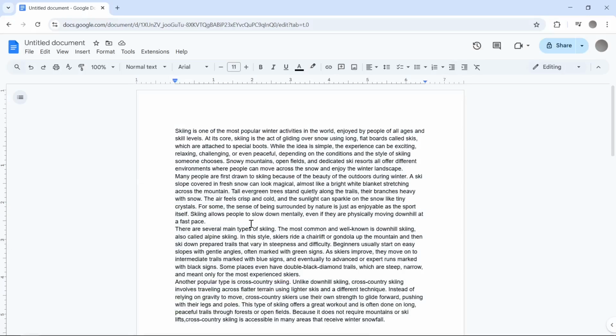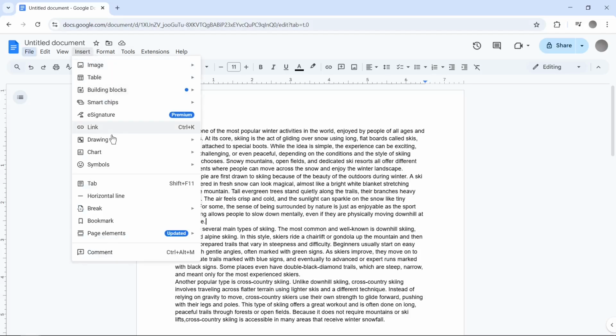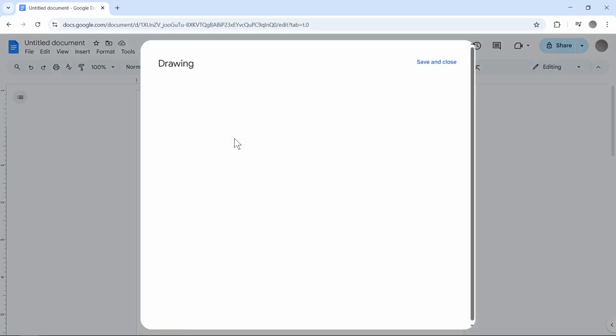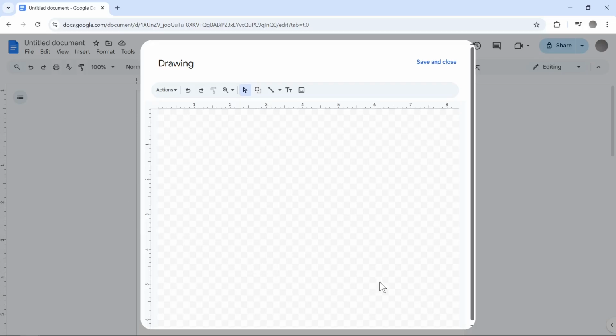Hi, in this tutorial I'm going to show you how to insert a page border in Google Docs. If you want to do it, first you need to go to the Insert tab, and after that we need to go to Drawing options. Now I need to click on the New button, and then the Drawing window will be displayed